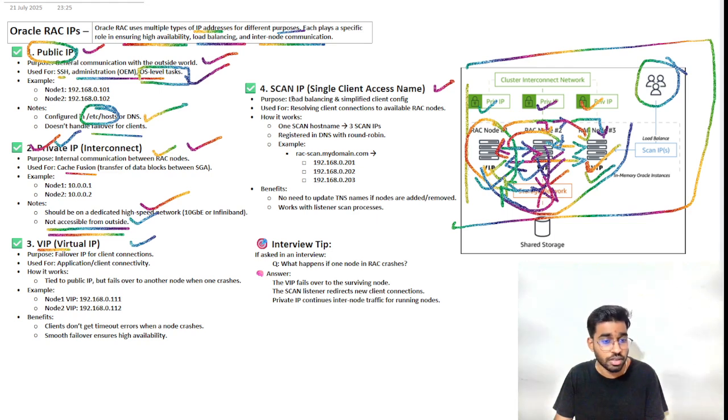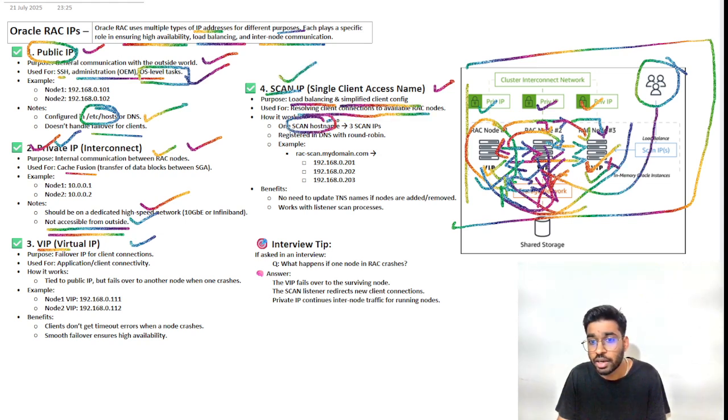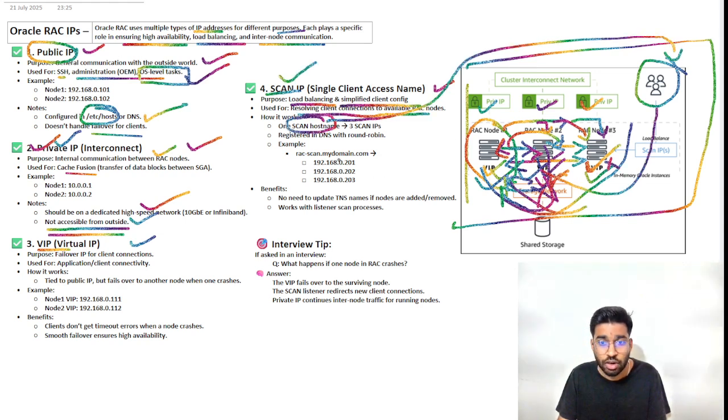The next is the SCAN IP, the Single Client Access Name. The main purpose of the SCAN IP is load balancing. Suppose thousands of inserts, updates and deletes are going on from the client side; that load can be handled with the SCAN IP. A host name is given to the client to connect to the cluster database,